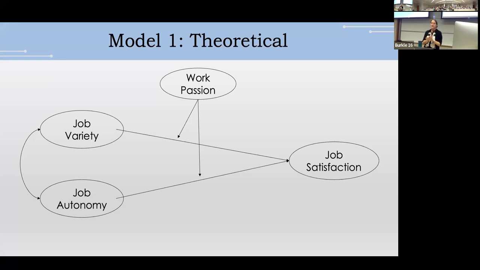All right, so this is the first model. We're going to specify this as a path model, but there's something very interesting about this. TAs, I want to put this in the improvement doc for next year. Anybody notice something interesting about this? Do we need path analysis? No, we don't. Why? It's not that there's no mediation. It doesn't have two outcomes, right? This is a regression. We just regress job variety, job autonomy, work passion, and then the two interaction terms onto job satisfaction. Not needed for path analysis.